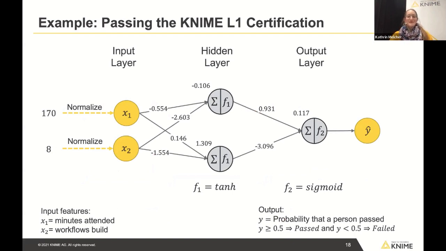Also in my example, here we see again the same network as before, but not with the random weights which I used, but the weights which I got after training my network. And if I now do the same with my input, so I input for the number of minutes, my 170 minutes, and for the number of workflows the person has built, 8, in a normalized way into my input layer, and I calculate based on this input the activations for my hidden layer, and I use them to calculate the activation in my output layer, I actually get a probability of